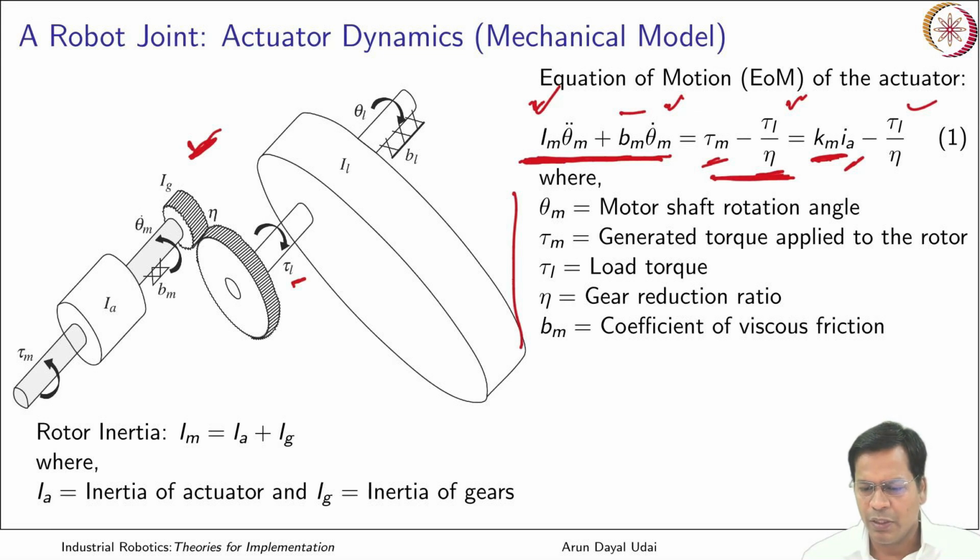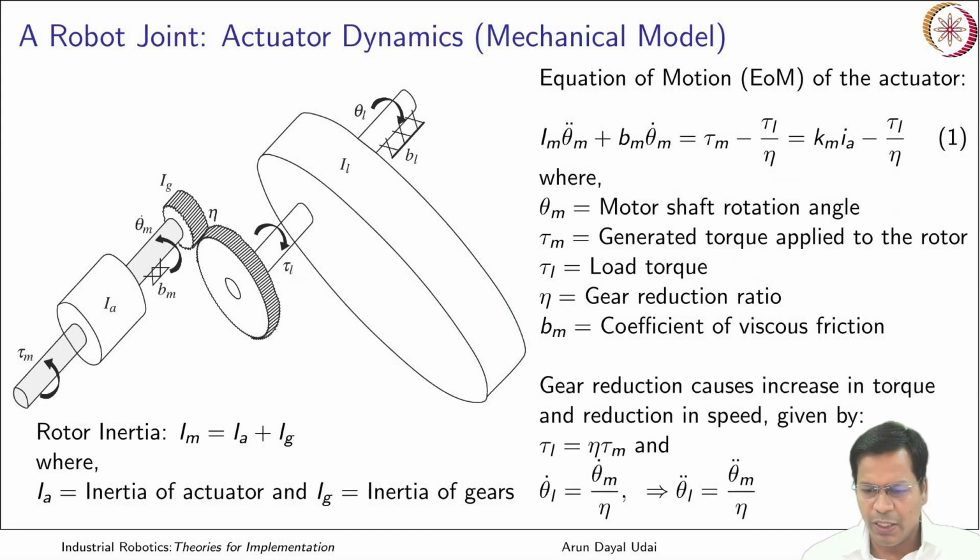So theta M is the motor shaft rotation angle, tau M is the generated torque applied to the rotor, tau L is the load torque, eta is the gear reduction ratio, Bm is the coefficient of viscous friction. The reason why this is here is very much clear from here, hopefully. So angular velocity is reduced eta times. If angular velocity is reduced, torque is increased from the L side of it, because you know